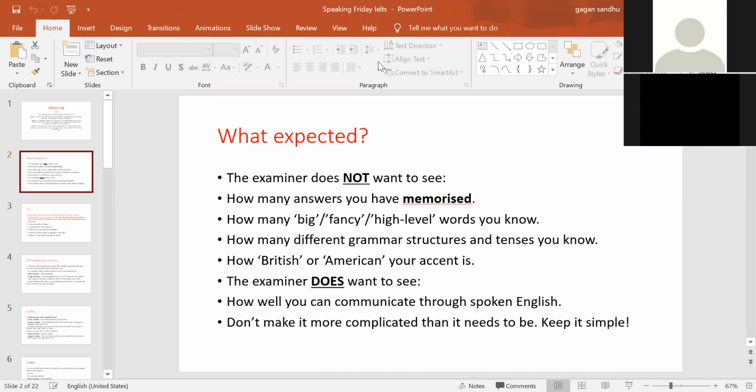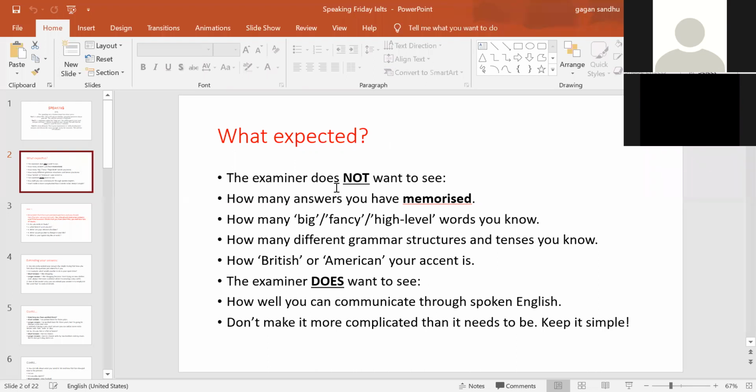So definitely, as per what we are saying, we have to change our tenses and add grammar structures, but it's not like there is a parameter where they are watching how many different structures he has used or how many different words he has put in. Definitely you don't have to repeat yourself, and you need to take care of the right grammar structure. But this is not everything they are after, as long as whatever you are saying is right and accurate as per the grammar. How British or American your accent is.